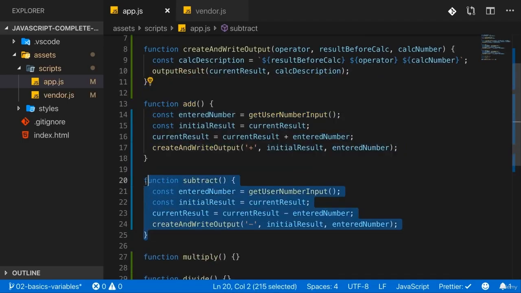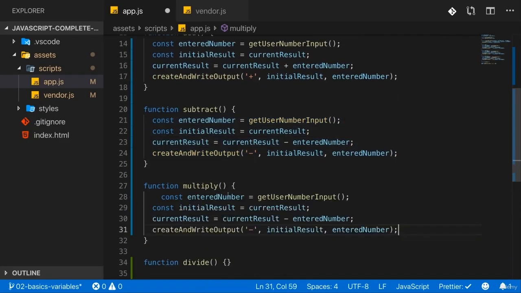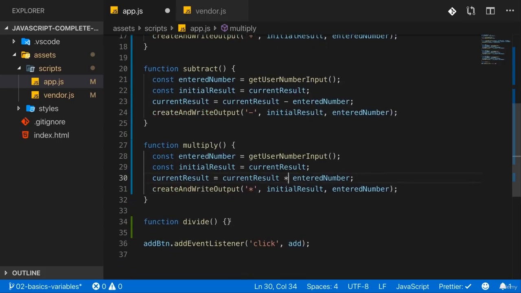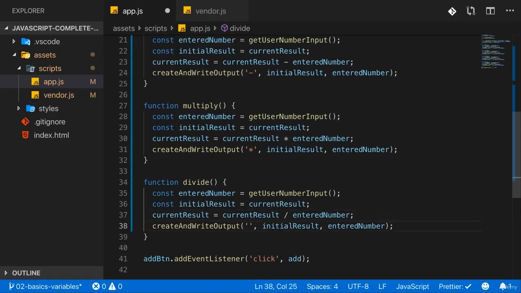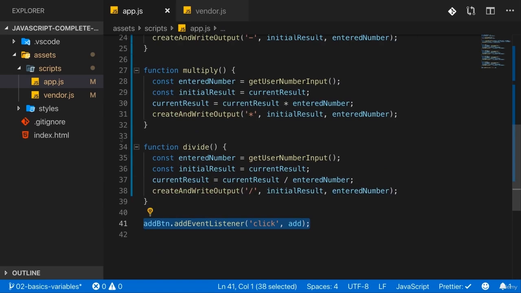So now with that, let's actually copy that logic into multiply. And there we need the star operator. And here in the calculation, of course, also the asterisk here to multiply this. And for dividing, here we need the slash, which is the division operator, and also output this here in our log. And now with that, if we save all of that, we just need to register the event listeners for